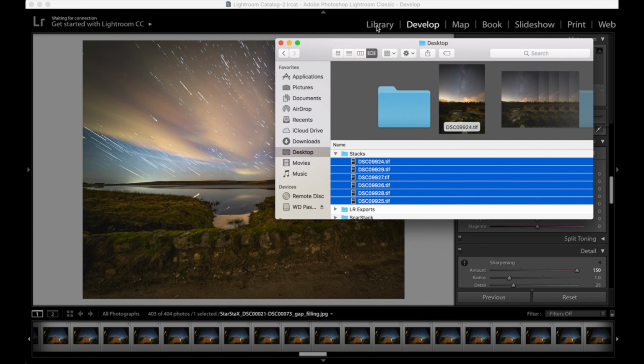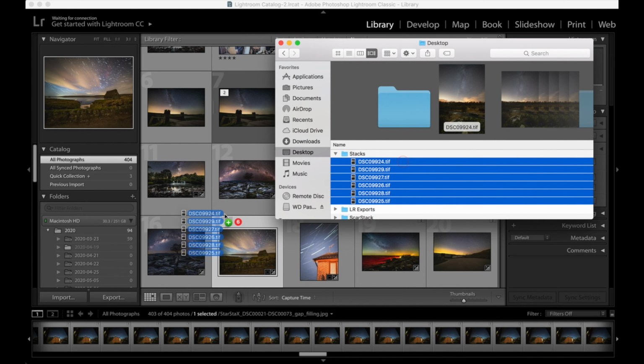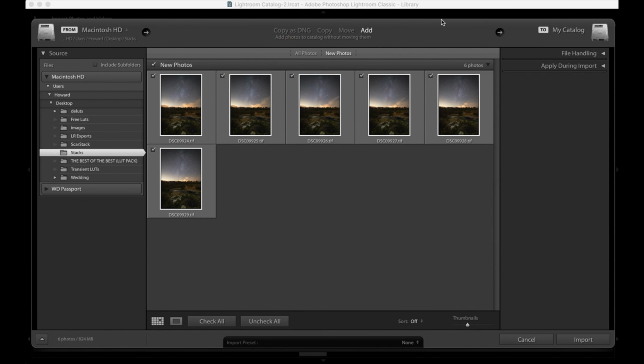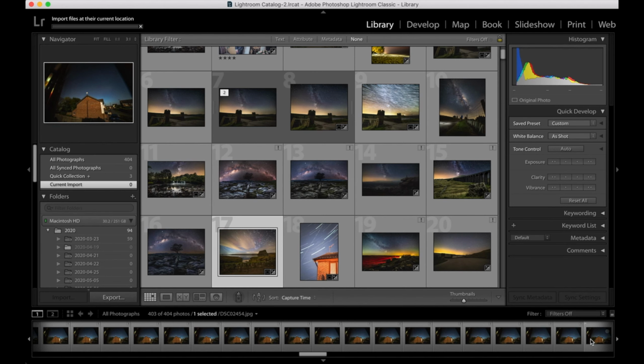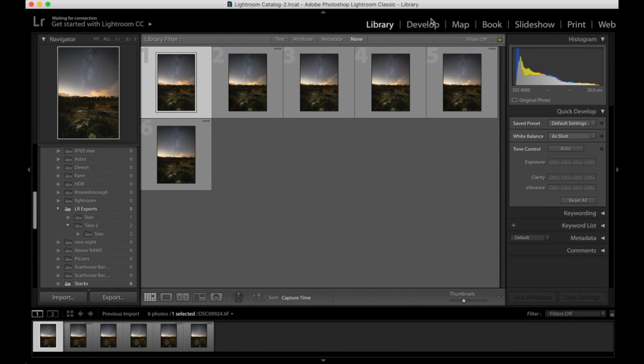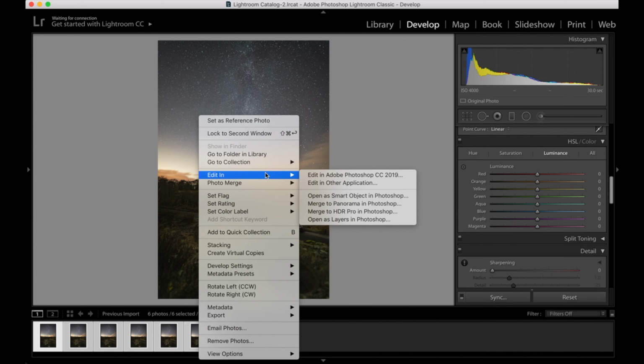So the first thing I'm going to do is get my 5 images, oh no, it's 6 on this occasion, and import those into Lightroom. Then from there I'm going to select all of the images. Normally you do a little bit of editing on the image first, changing the colors, etc., before you open in Photoshop, but I'm just going to show you how to stack in Photoshop, and then I'll change the colors afterwards. So we're going to right click and click on Open as Layers in Photoshop,